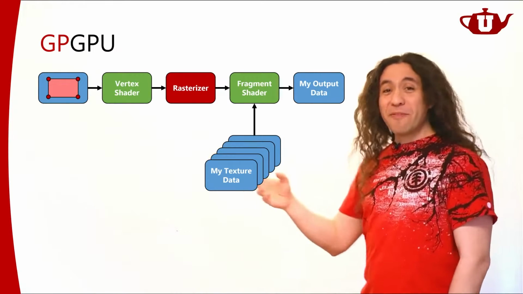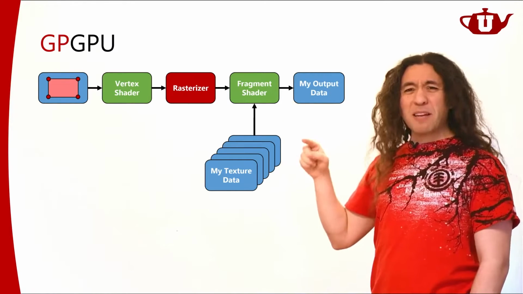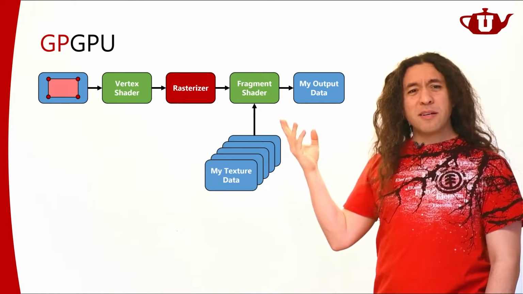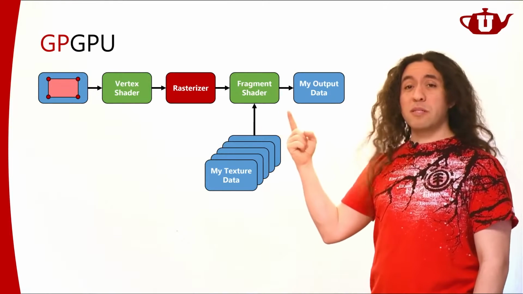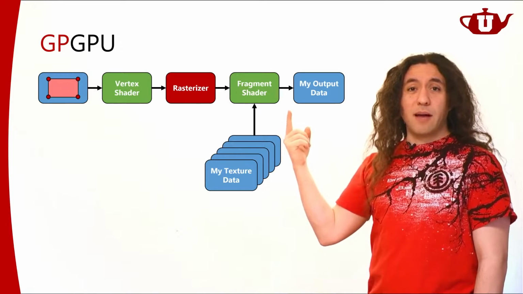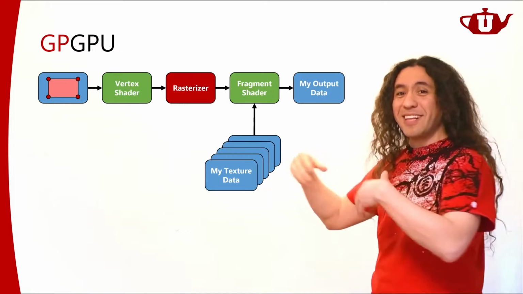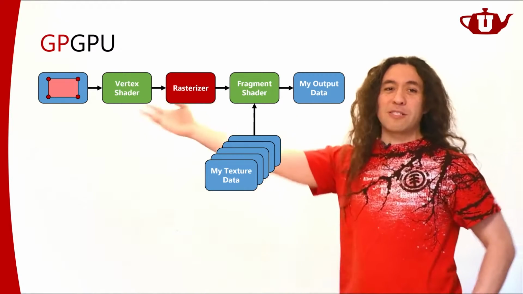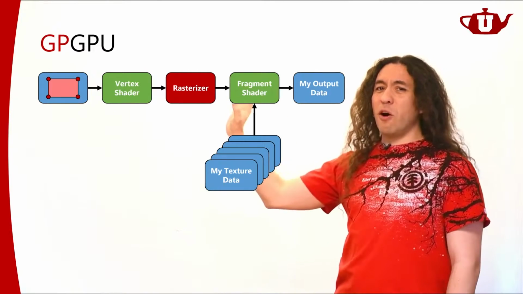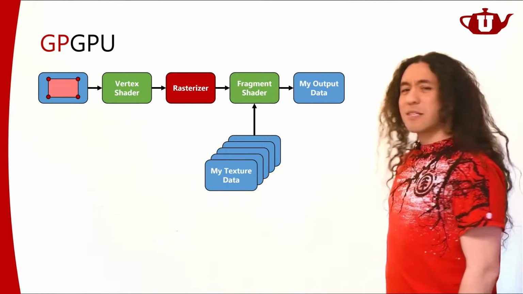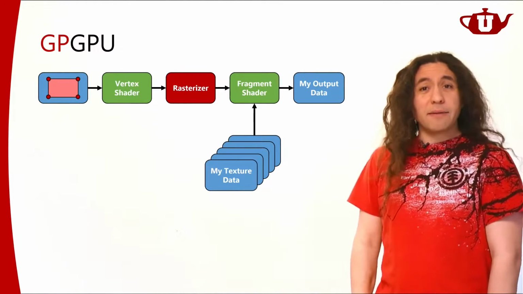It would be much nicer if I could just send my data to my fragment shader. Actually, I'm not even sending anything to my fragment shader, right? This is just creating a fragment for each pixel, and that's it. All I need to know is that fragment ID or pixel ID. That's it. I don't need any data that's flowing through this graphics pipeline. I'm not using anything, right? So I can just get rid of all of this part and make things a lot simpler, a lot more efficient. And so we had that, actually.